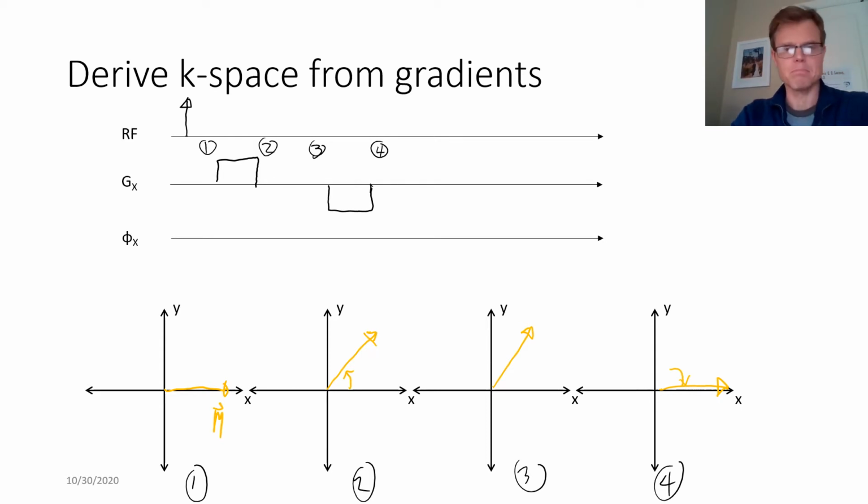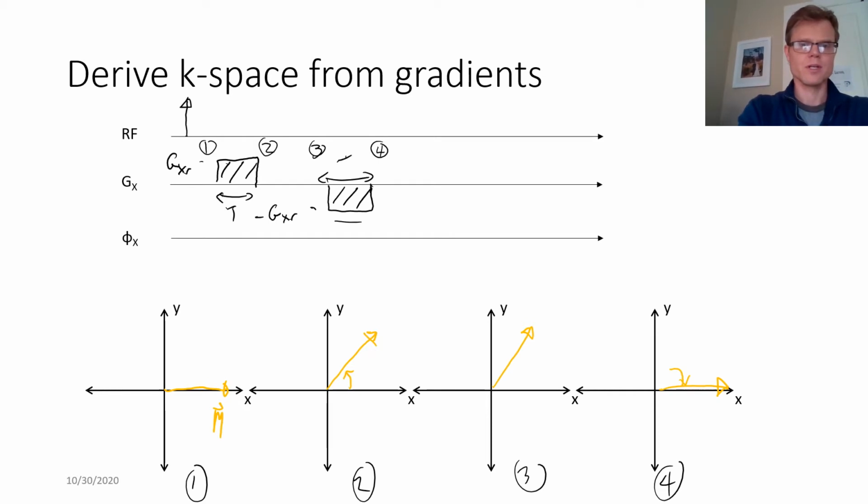How do we do that? Turns out we do that by making these gradient areas equal. If this was GXR, we make this to be minus GXR, and we can use the same durations here,